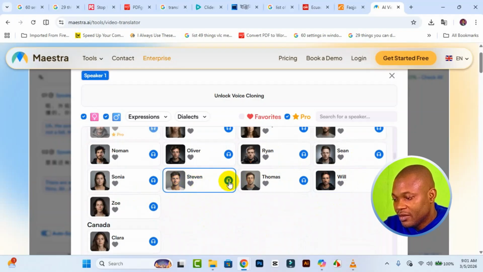So let's play it. In the relentless pursuit of greatness, don't forget the beauty of